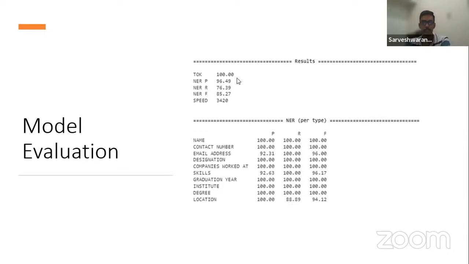So this was the first step, and later, in a different system, with over 150 resumes, we achieved an F1 score of close to 95%. I was not able to get that at first, but by doing the same process in this example, it was 85. By retraining and doing some hyperparameter tuning, we were able to get close to 95%.